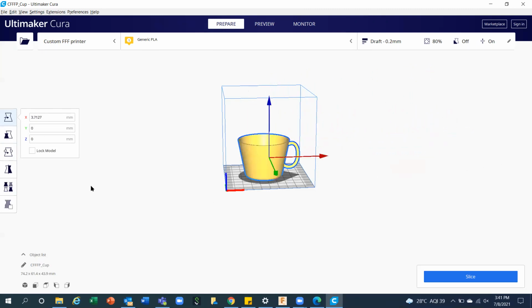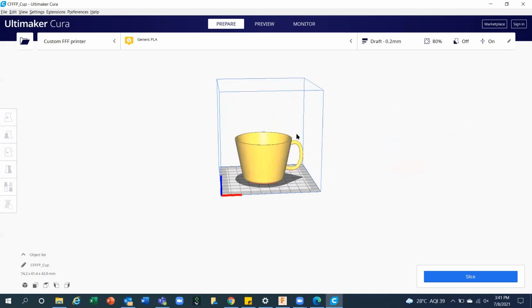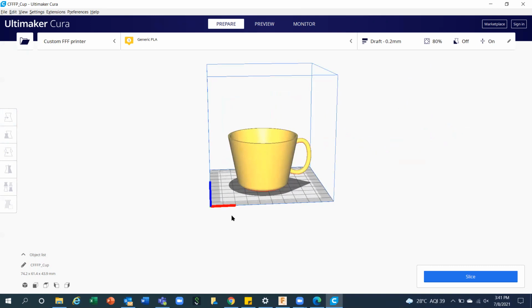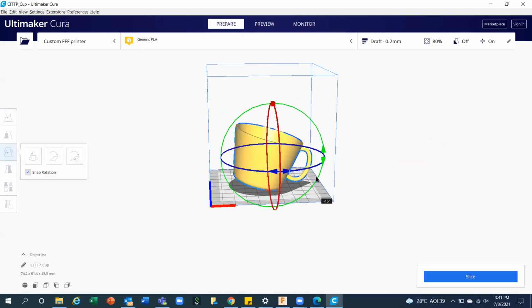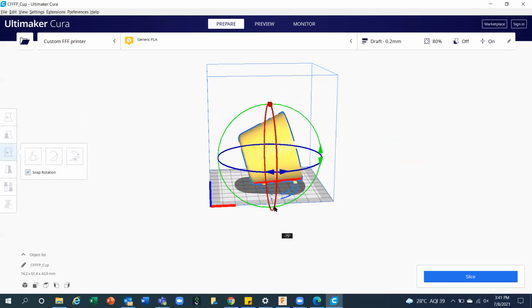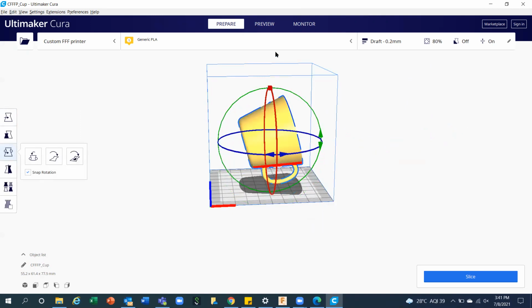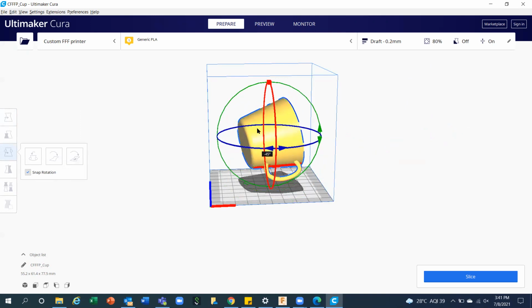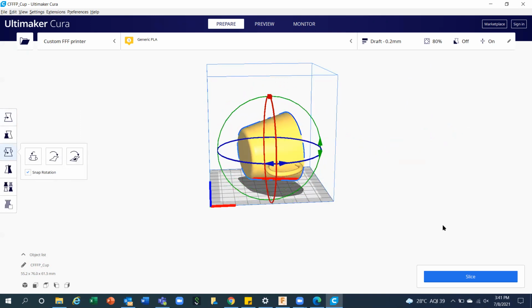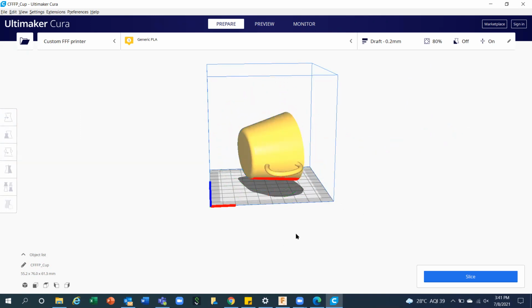Now you can see it is completely fitting my printing area. Can you see it? In case, by mistake, anyone can select the different planes. Sometimes it may happen that your orientation is coming like this, or in any other direction like this. So this is again an important step.